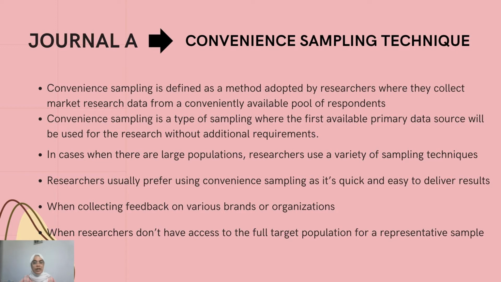In Journal A, we can see that they use their own company to do the research, because the company needs to investigate the influence of leadership style, motivation, and work discipline on employee performance. So they use convenience sampling and take a few respondents from the company. Not all, but most of them became respondents for the research. And that's all for Journal A.